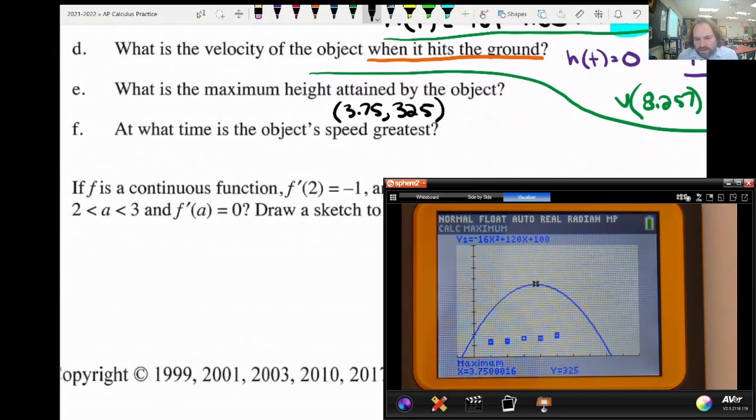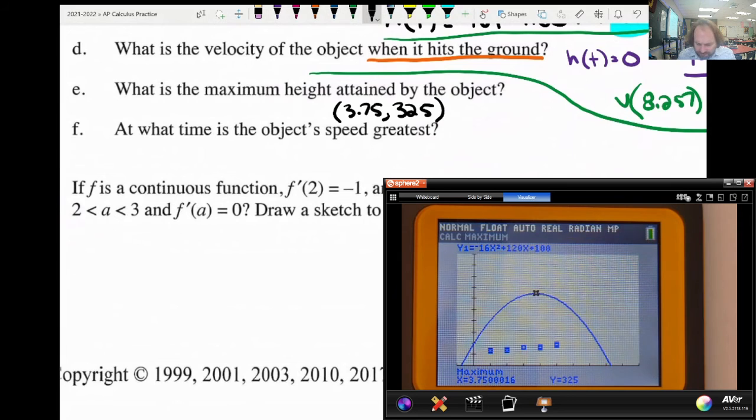As far as at what time is the object's speed the greatest, that question, you know, man, what time is the object's speed the greatest? I suppose that's probably best assumed as when the object hits the ground, which happens at 8.257 seconds. We actually already know that. I don't like this question very much for